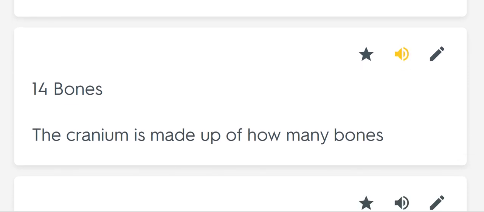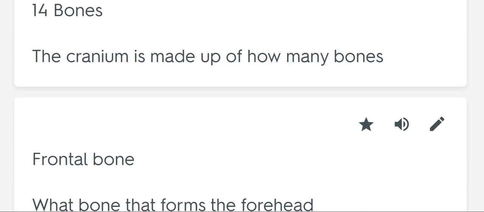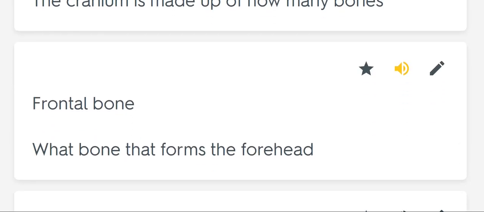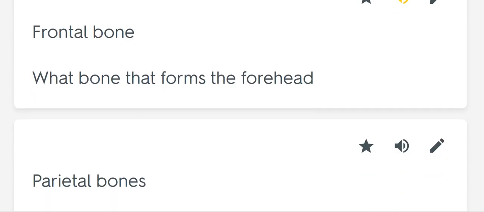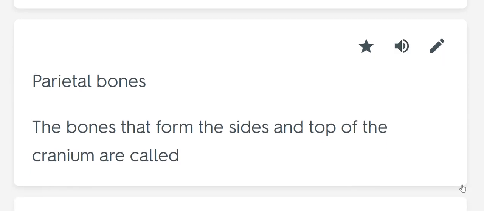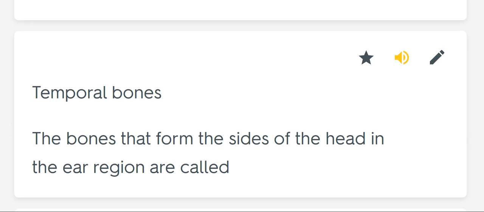14 bones. The cranium is made up of how many bones? Frontal bone. What bone forms the forehead? Parietal bones. The bones that form the sides and top of the cranium are called temporal bones. The bones that form the sides of the head in the ear region are called